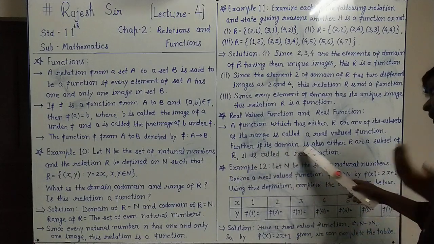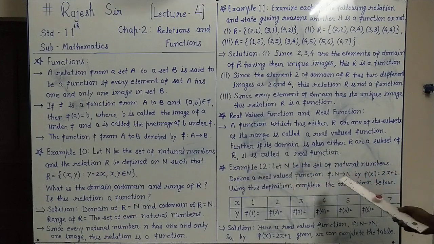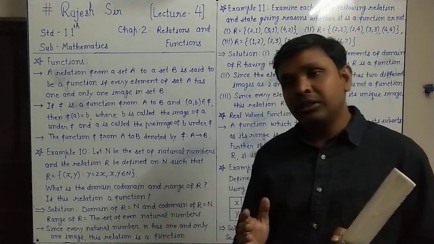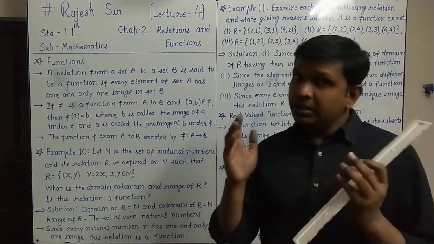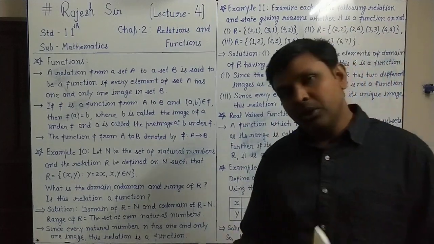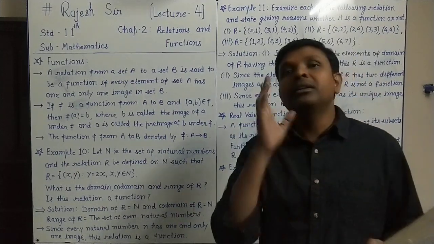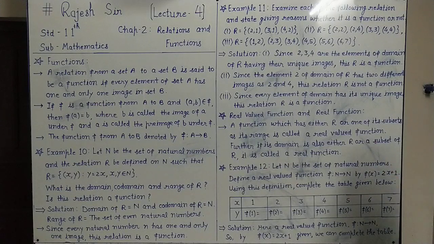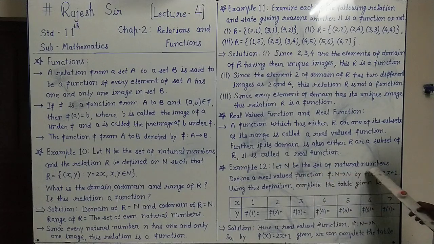Further, if its domain is also either R or a subset of R, then it is called a real function. If in a function only the range is a real number or a subset of it, then we say real valued function. If its range is a real number or a subset, and its domain is also a real number or a subset, meaning domain and range both are real numbers or subsets, then the function is called a real function.